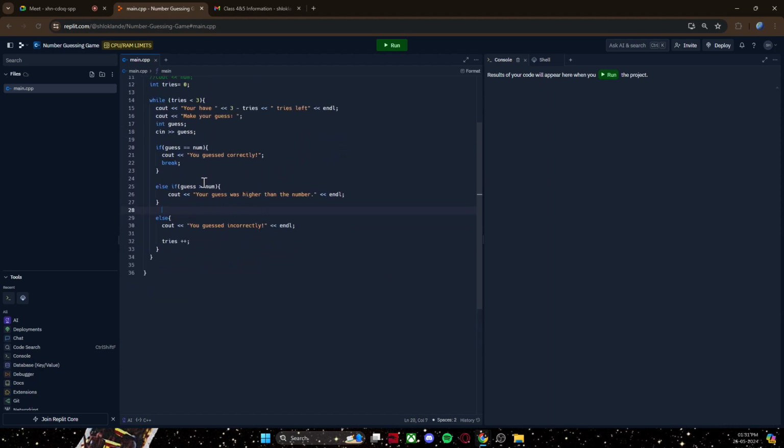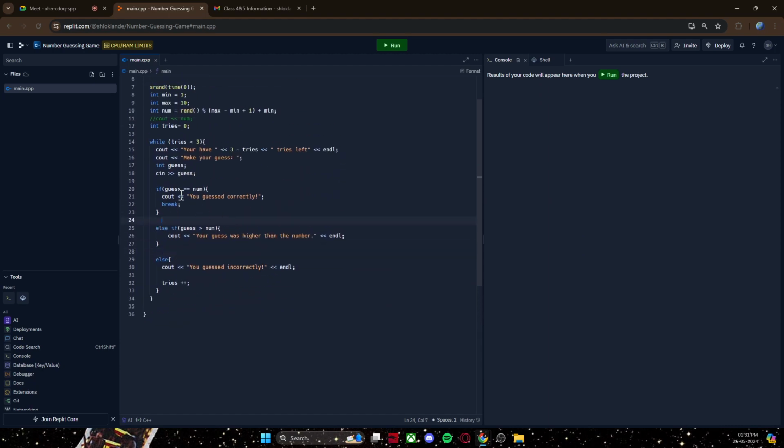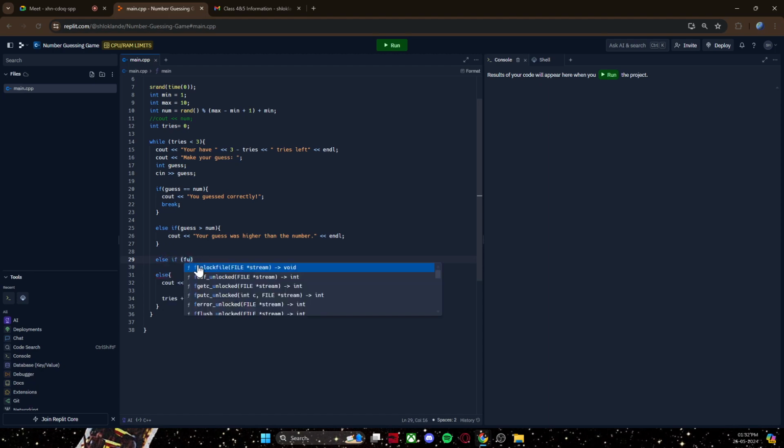Currently, what this part of the code does is if your guess was greater than the random number, then the computer is going to say your guess was higher than the number. So you know to move down or have a lower number as you guess. We can make the same thing for if the guess is lower. So let's just say else if guess is lower than the number,